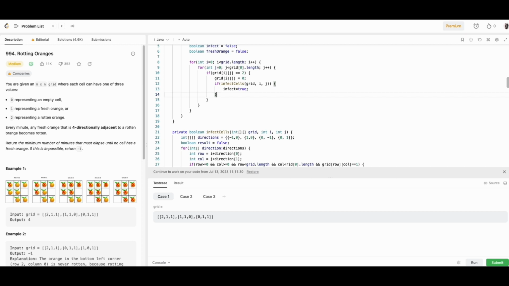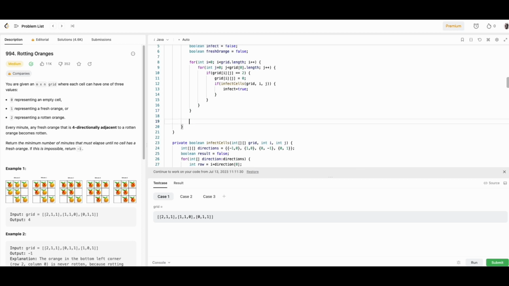So we keep doing it all the way to the end. At the end, we check if something got infected. If infected, we just increment the result. Else,